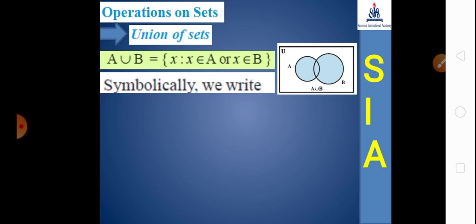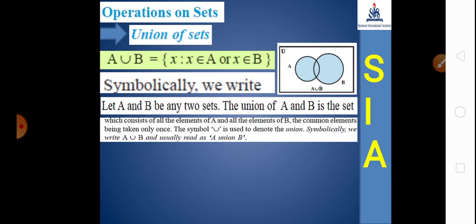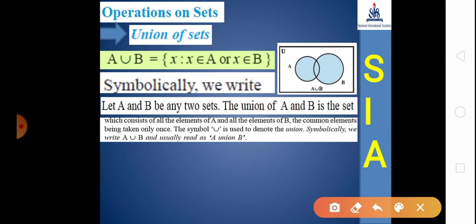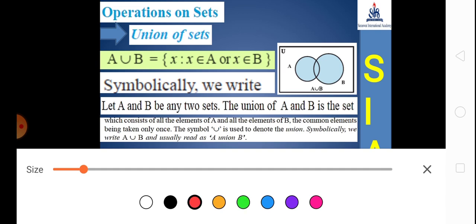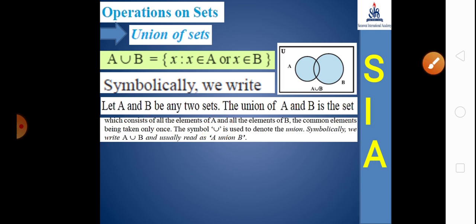So symbolically we can write that for any two sets A and B, it is the union of sets A and B. Therefore we write this form with the U symbol. U means this one, U. Students, here I wrote in small letters, and symbolically you write A union B. You read A union B as: A present, B present, and both present; the combined values are called the A union B set. Clear?